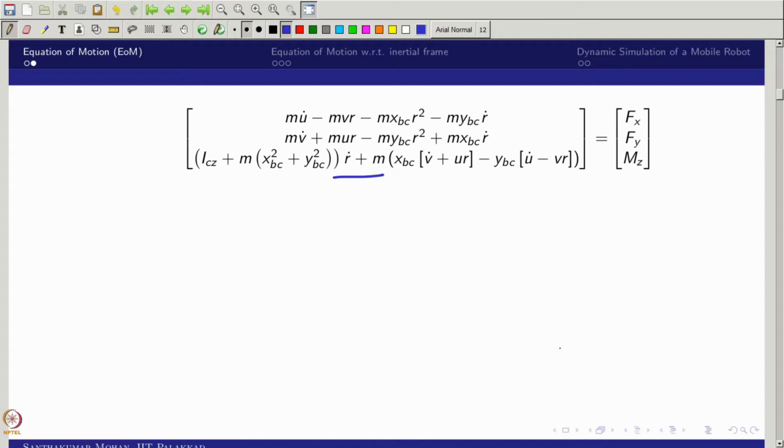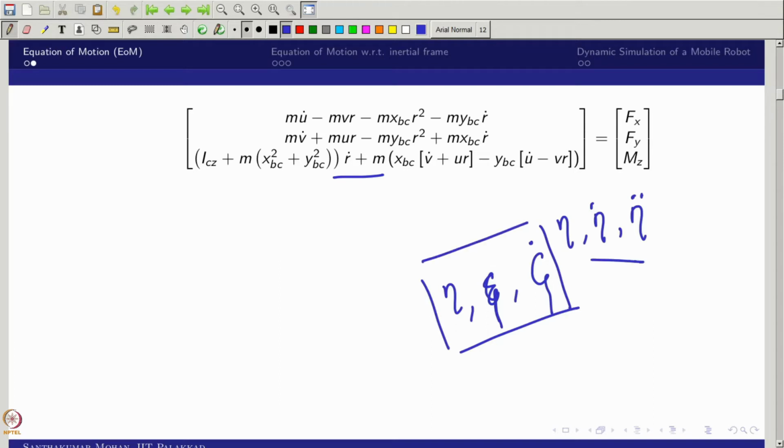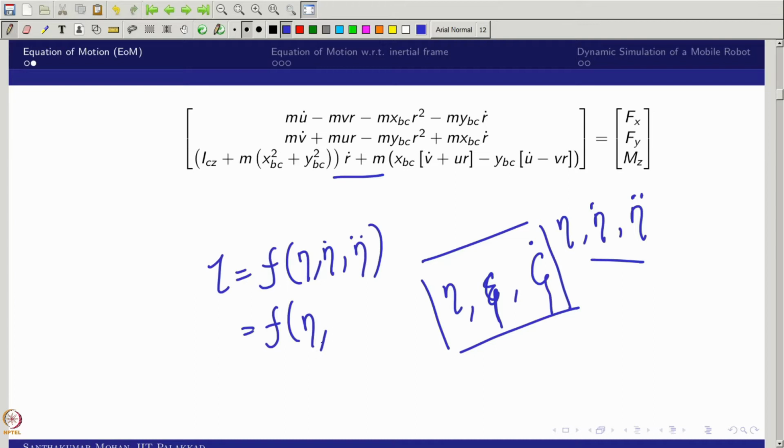Now what we want is something we can integrate. The state variables are eta and eta dot, and I can write eta double dot, this is one way, or I can write eta and zeta and zeta dot. I can write it in either this form or this form, but I want this form. Why? Because I told you that tau can be written as a function of eta dot and eta double dot, or in the other way, as a function of eta, then zeta and zeta dot. So this is what I wanted.